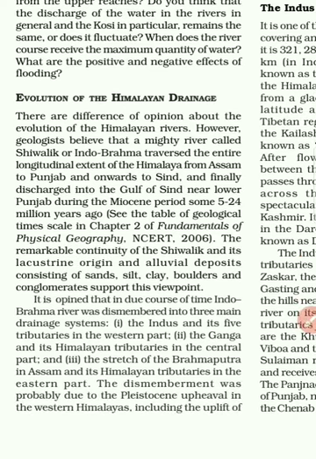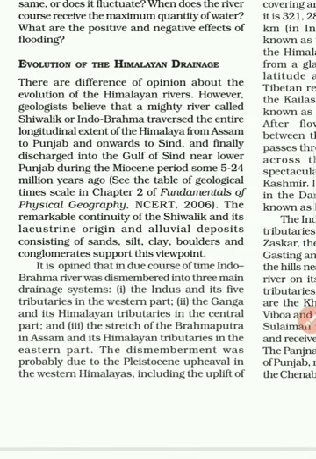Evolution of the Himalayan drainage. There are differences of opinion about the evolution of the Himalayan rivers. However, geologists believe that a mighty river called Shivalik or Indo-Brahma traversed the entire longitudinal extent of the Himalaya from Assam to Punjab and onward to Sindh, and finally discharged into the Gulf of Sindh near Lower Punjab during the Miocene period some 5 to 24 million years ago. The remarkable continuity of the Shivalik and its lacustrine origin, an alluvial deposit consisting of sand, silt, clay, boulders, conglomerates,